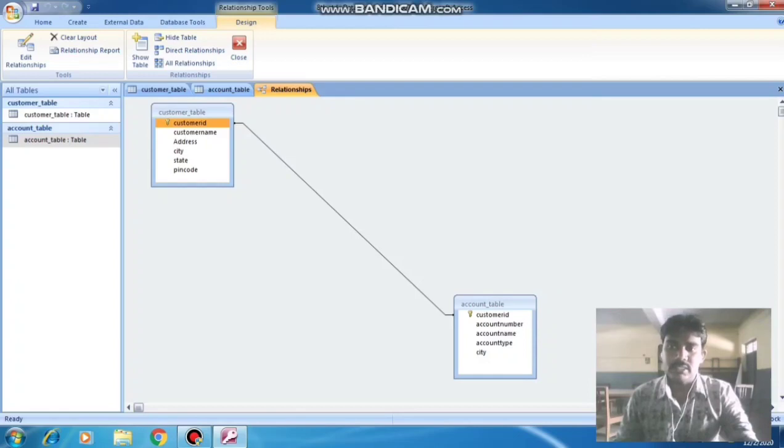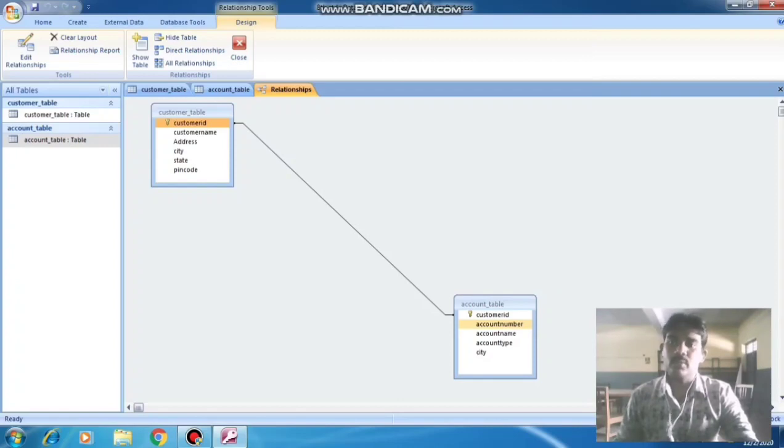This customer ID is the same for the customer table and the account table. So if you change anything in the customer table, that modification appears in the account table also. Whatever you change from customer ID, everything will be modified in the account table. That is the main advantage of having a relationship between the customer table and the account table.